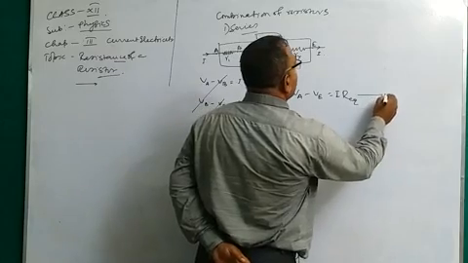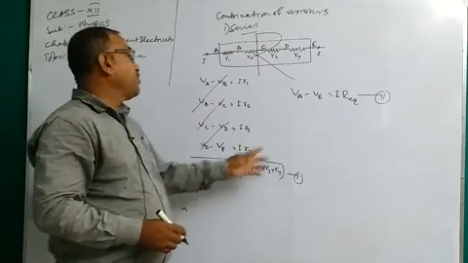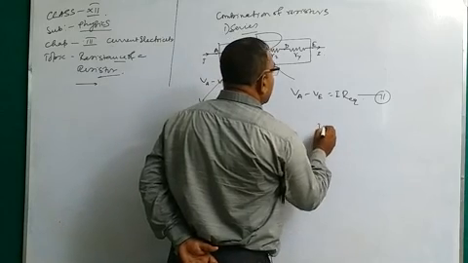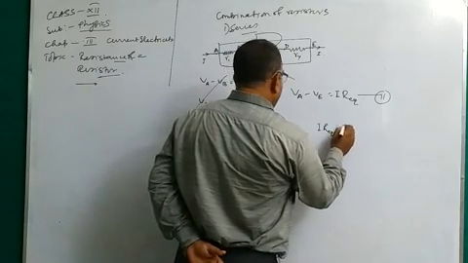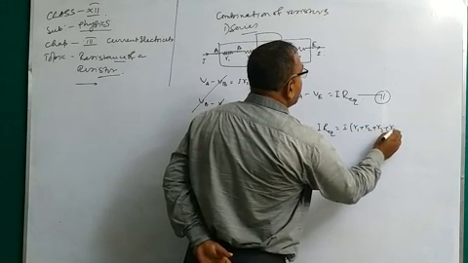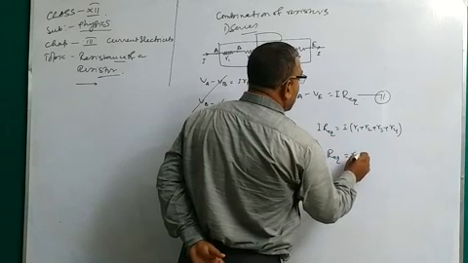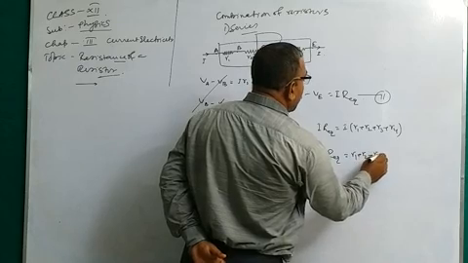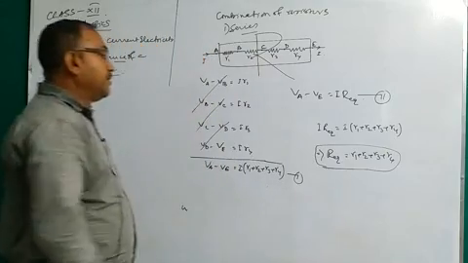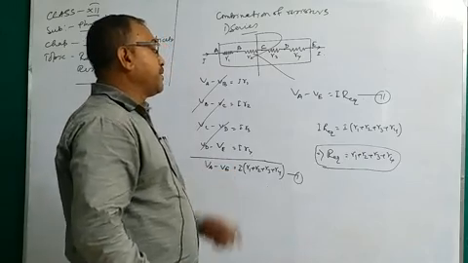This is equation 2 and that is equation 1. So the LHS of equation 1 and equation 2 are equal, so we can write their RHS as equal also. So I into R equivalent equals I into (R1 plus R2 plus R3 plus R4). So R equivalent equals R1 plus R2 plus R3 plus R4. So for the series connection, the sum of the individual resistances is the equivalent resistance.